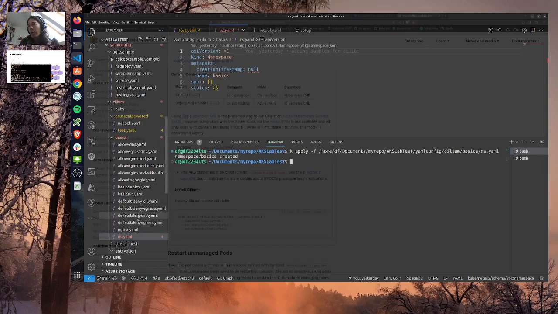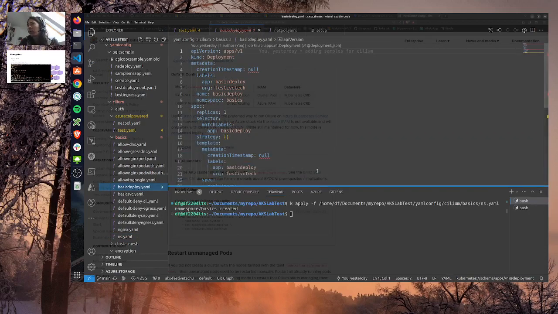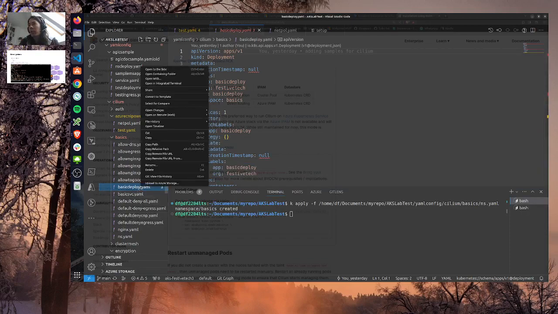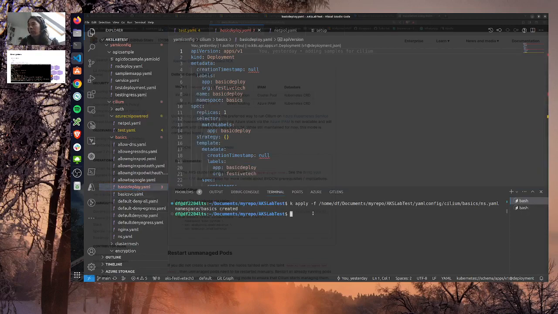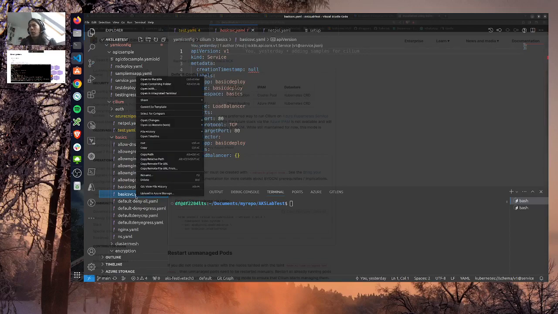Then I will deploy a deployment, a basic deployment with an Nginx image. Then I will expose this Nginx based service with the service type load balancer.